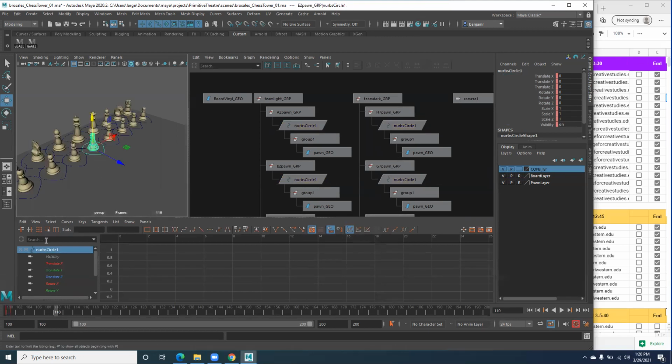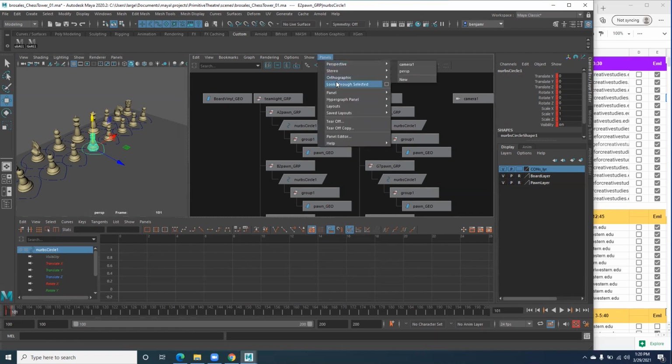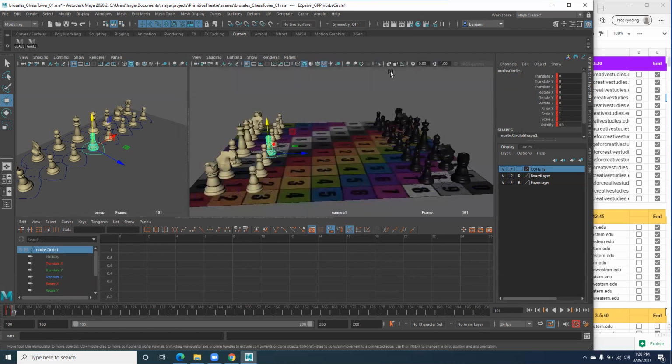So here's my king pawn. I keyed it at frame 101. Another thing to think about is your audience is going to need time to understand the establishing shot. So let me go back to the establishing shot. Here's my camera 1. I did this as a student as well. Oh, before I talk about that,